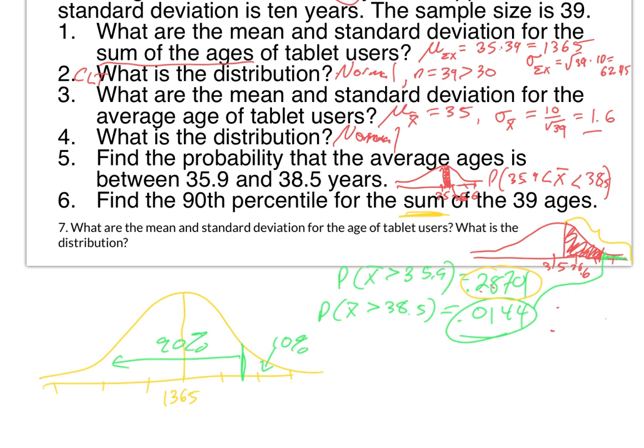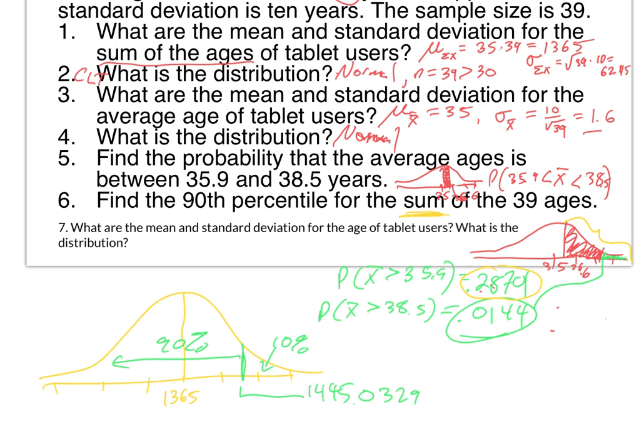And then if I use that online tool, we're back to the applet. So if you have that open, for the mean, put in 1365. The standard deviation, what was that number? 62.45. And then in the red box, or salmon colored, if I put 0.9 for 90% and have it set to less than, it will give me the X value of 1445.0329,